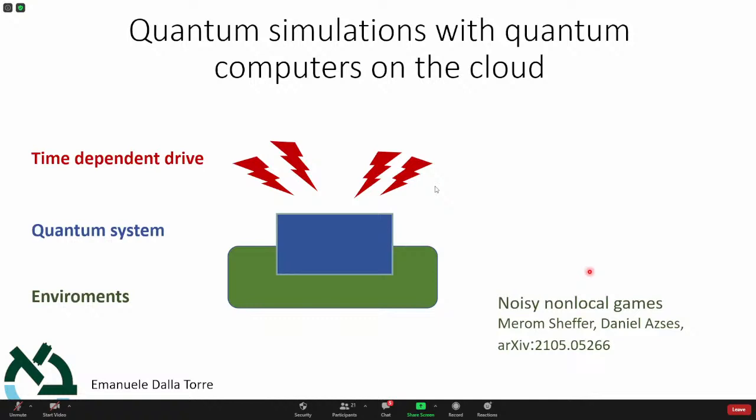So the typical paradigm of an open quantum system is made of three parts. Oh, I see there is a typo here. So there is a quantum system, which is coupled to some environment. And on the other hand, there is the drive. And the system is really often found in some steady state when you have the drive on the one hand, and the environment. The environment could be of different types. It could be, say, a quantum environment, like a quantum bath. It could be a classical environment.